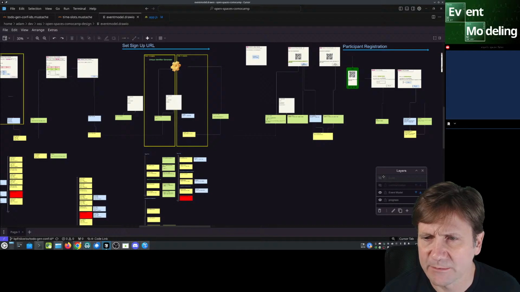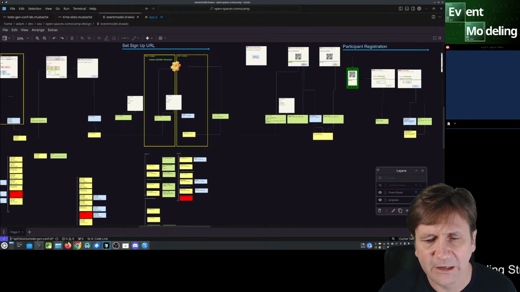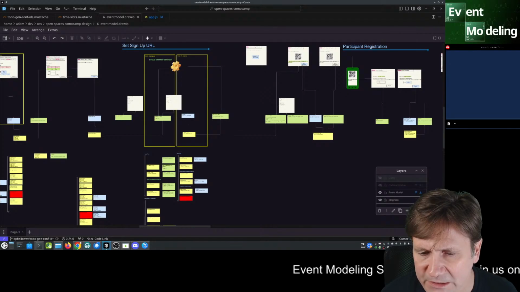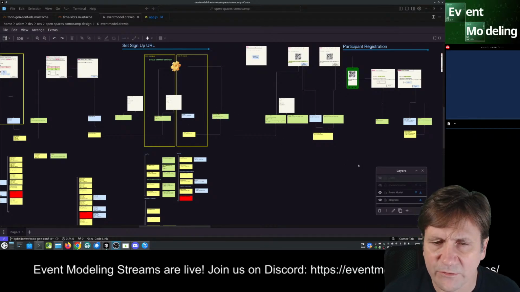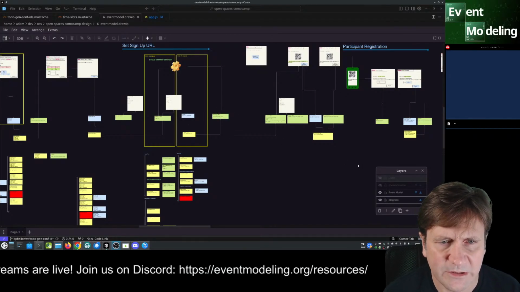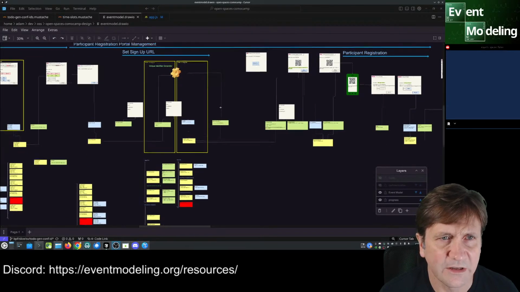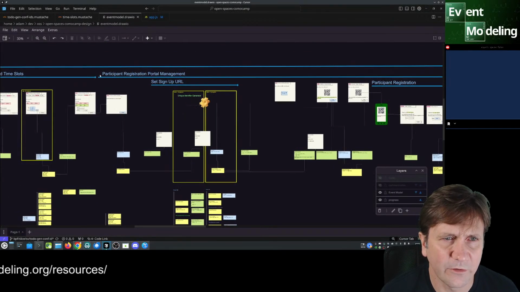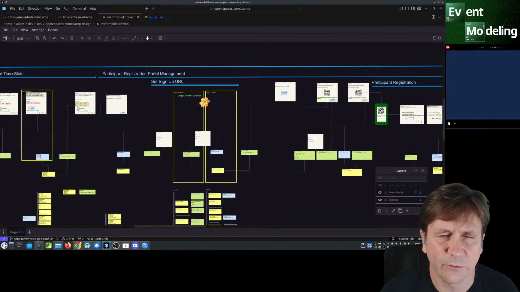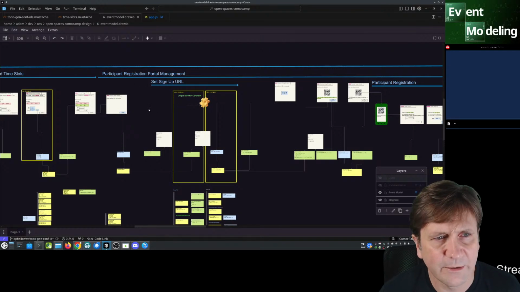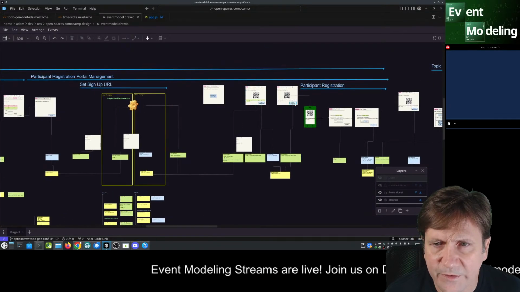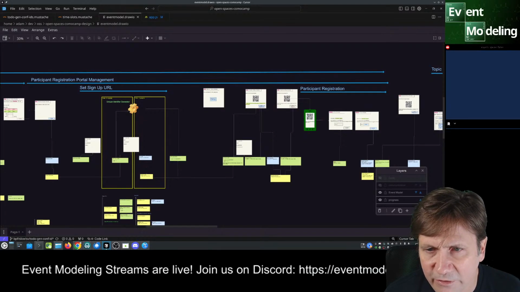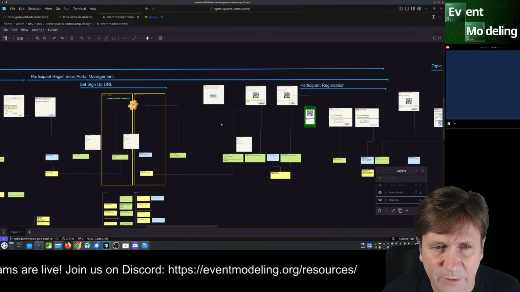The other thing that we did last time is I think I showed at the beginning, I worked through some issues about pasting code samples into the event model. So for example, if you're talking about the solution with business folks, you kind of leave it at this level where you're talking about parts of the workflow. Here we're talking about how participant registration portal management works. In this case, this participant registration portal is really about, after you've set up your conference, you want to show a URL for participants, which they'll be able to scan on their phone here. So set it up for participant registration.